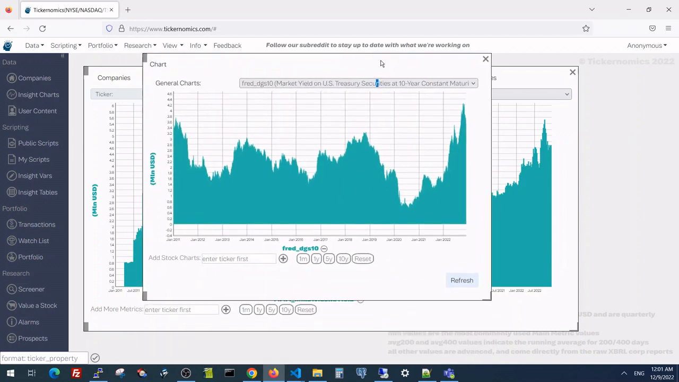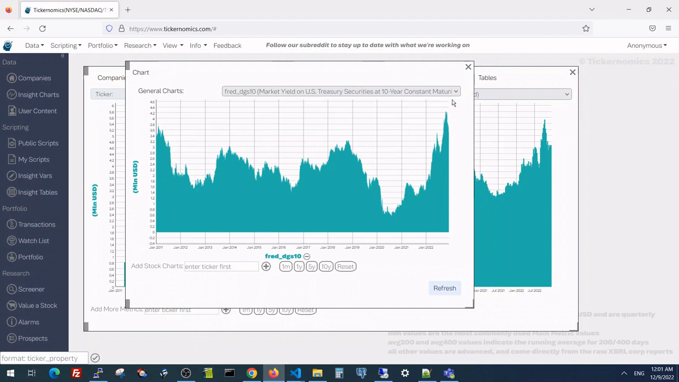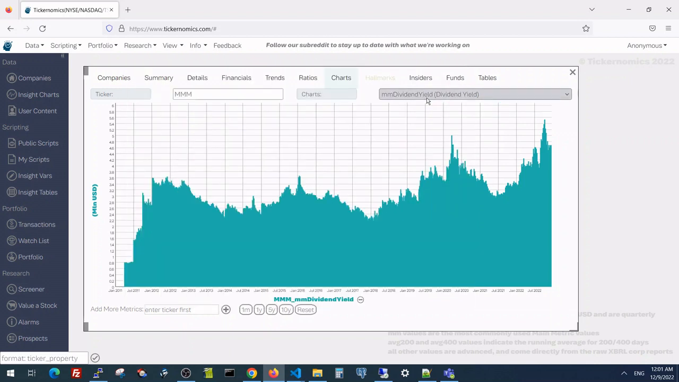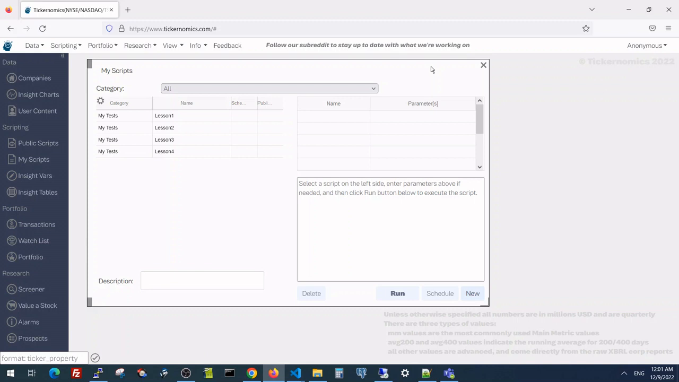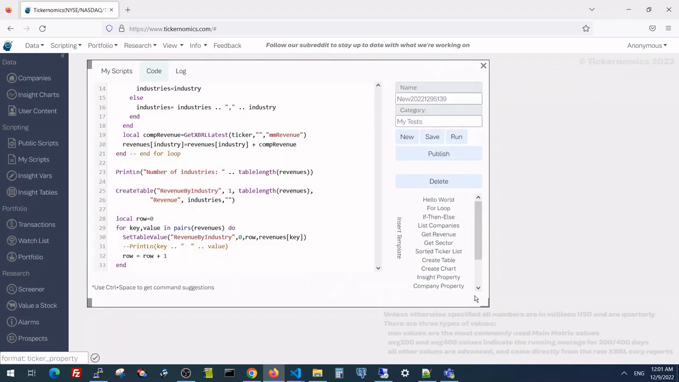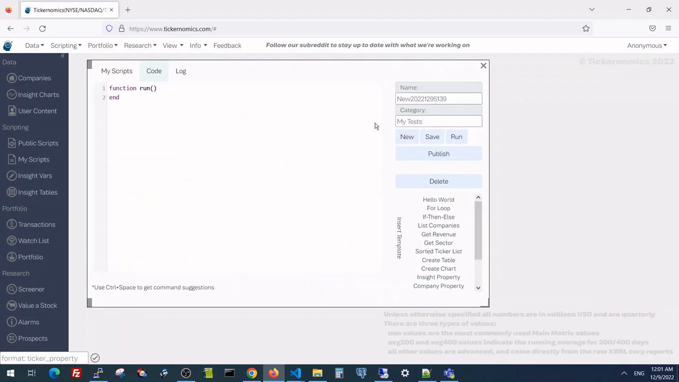but wouldn't it be nice to create your own chart that takes your dividend yield and subtracts the 10-year treasury yield to get a feel of how this dividend compares to if you just invest in bonds, right? So that's what we're gonna do. The scripting allows that. So let's create a new lesson 5 script,